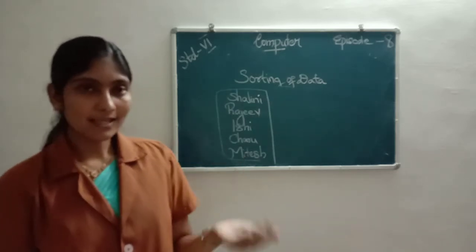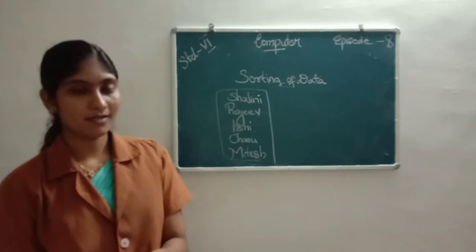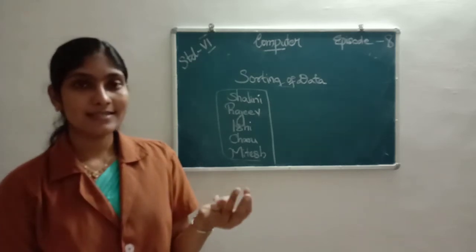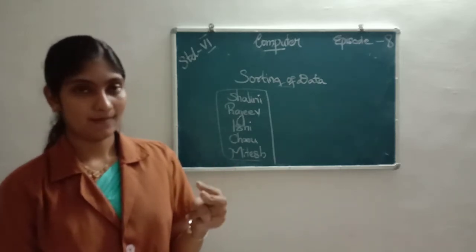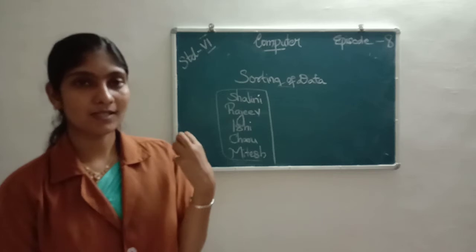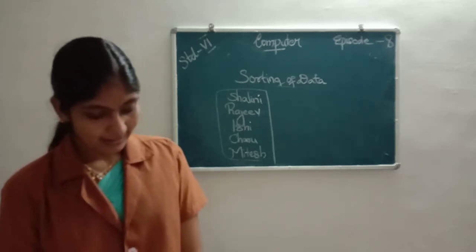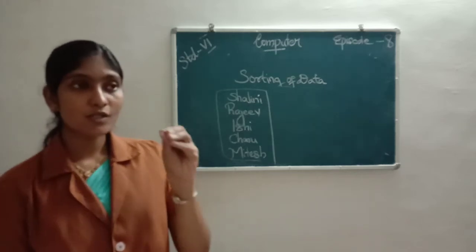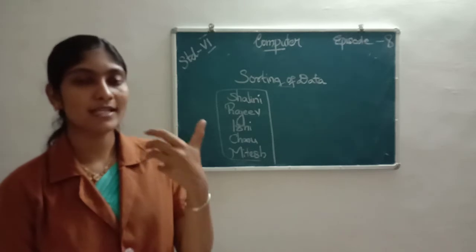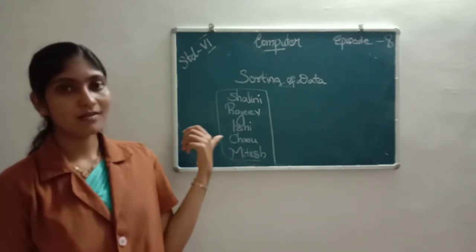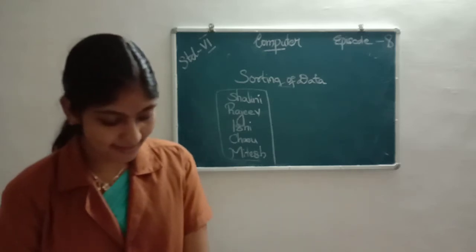When we click the sort and filter button arrowhead, there is a list: sort from A to Z or sort from Z to A. So you can select a particular order, ascending order or descending order. And if you want to select a particular field, for example a name field or mark field, just select custom sort.